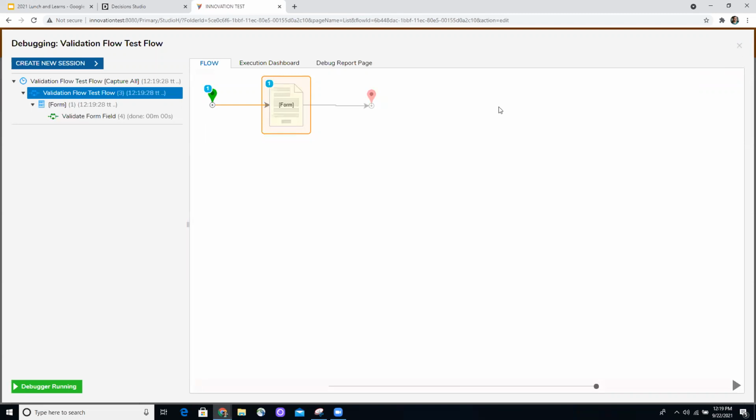Does anybody have any other questions regarding validation flows? There's something that a lot of users don't use. They tend to opt out and use the validation rules because in most cases you can use a rule, but in other more specific examples, you may need to use a flow to do some more complex computations.